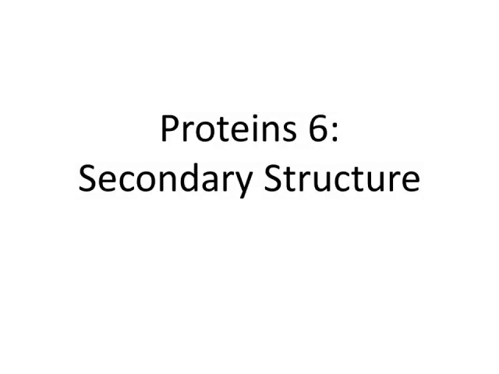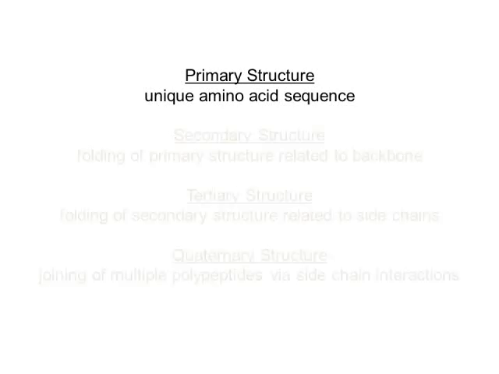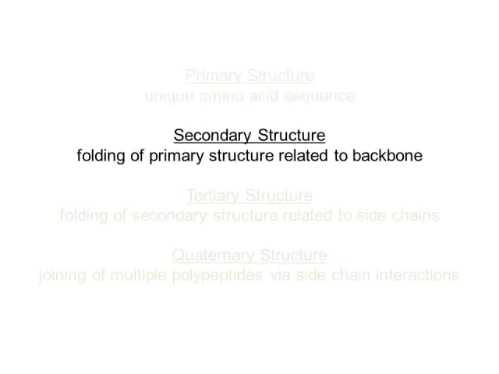We're going to examine in this video now what's called the secondary structure of a protein. Recall from previous videos that there are 4 levels of protein structure that we're considering. The primary structure that was examined last was the unique amino acid sequence of a particular polypeptide. The secondary structure is going to involve folding of the primary structure that's related to the chemistry of the backbone